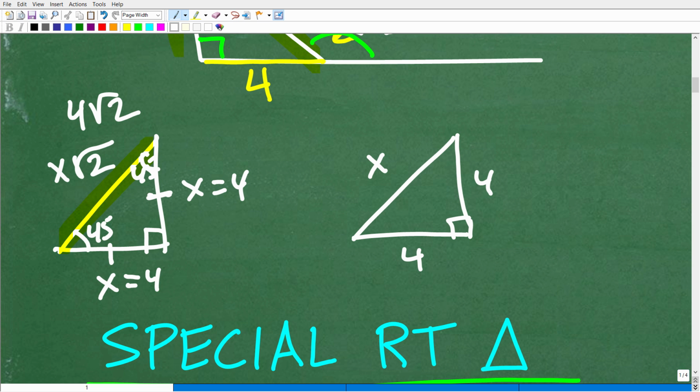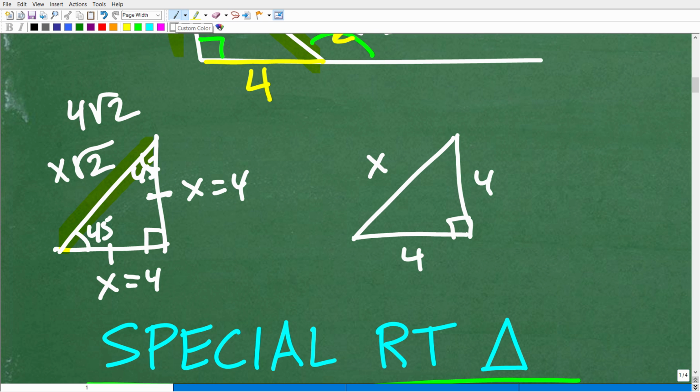That's really important. So 45, 45, 90. I apologize for not being clear about this, but this is the properties, again, of a 45, 45, 90 special right triangle. Now, I'm going to verify this, but why are these triangles so important? Because in trigonometry especially, and of course in geometry, you use these angles, these 30, 60, 90, 45, 45,